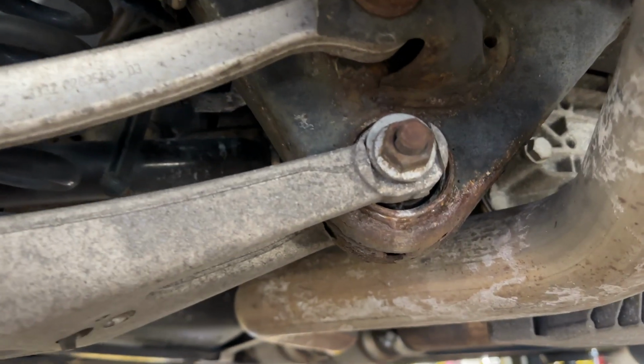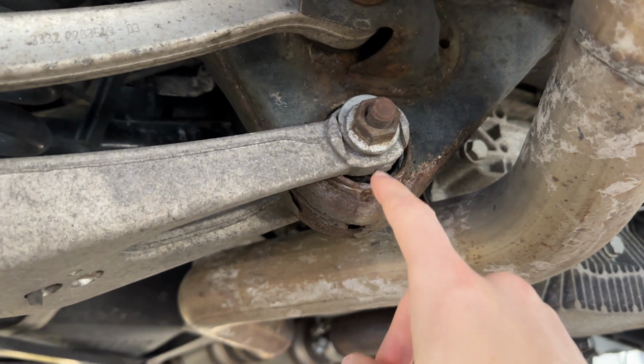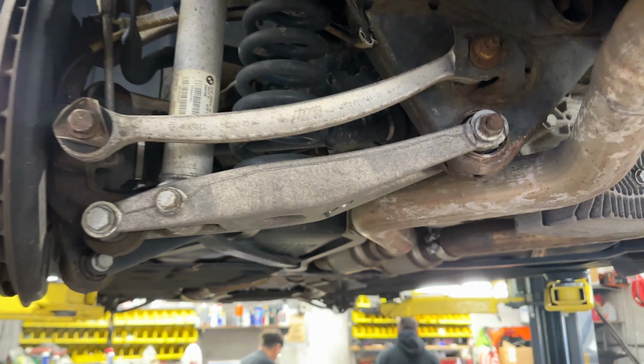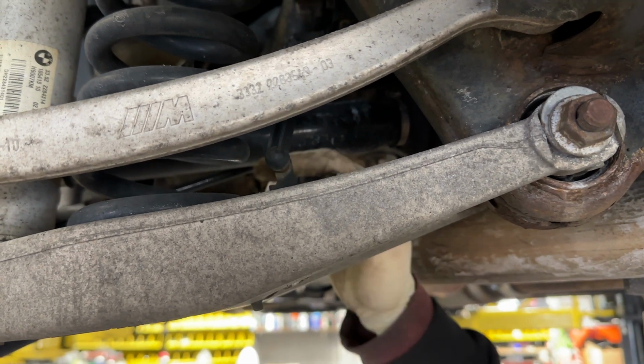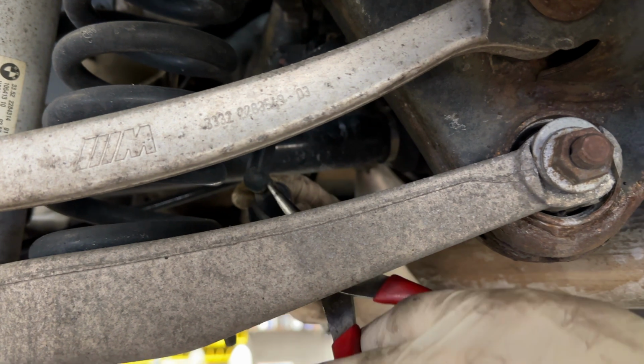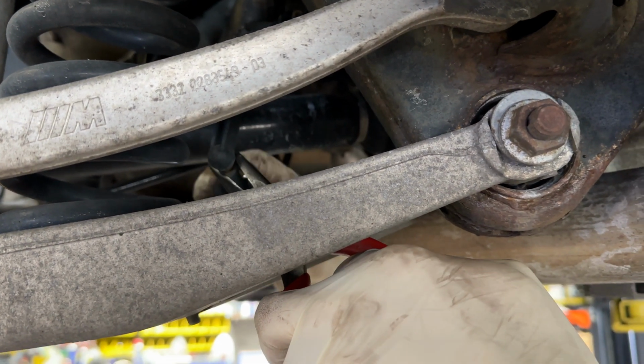You do not need to mess with the one back here, because this bushing actually has a bearing in it, so it lets the arm swing freely. Chances are it'll spin with you, both sides, so you'll put a 10mm socket on the front, and then with a pair of pliers, just pull the back end of it. Once you feel the tension break loose,